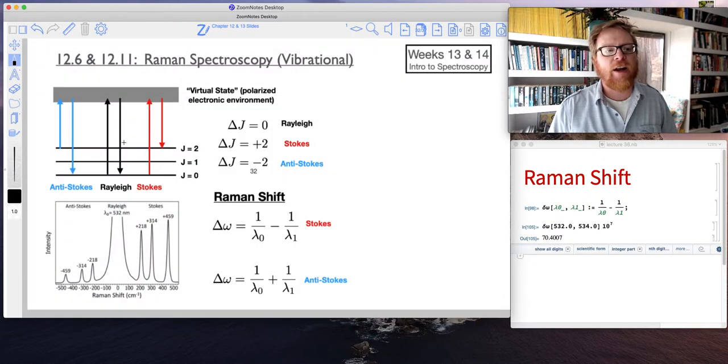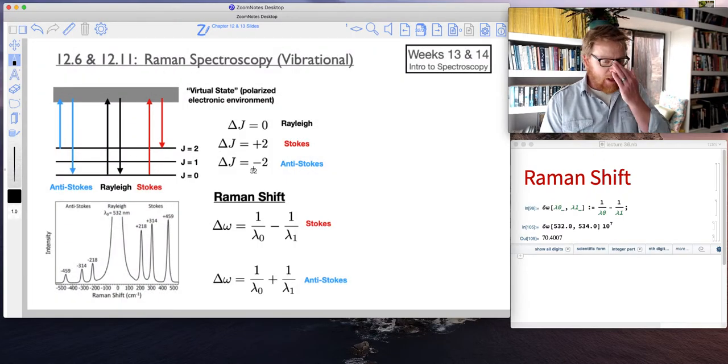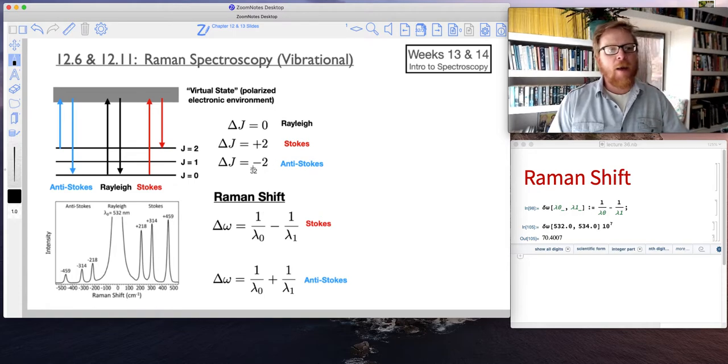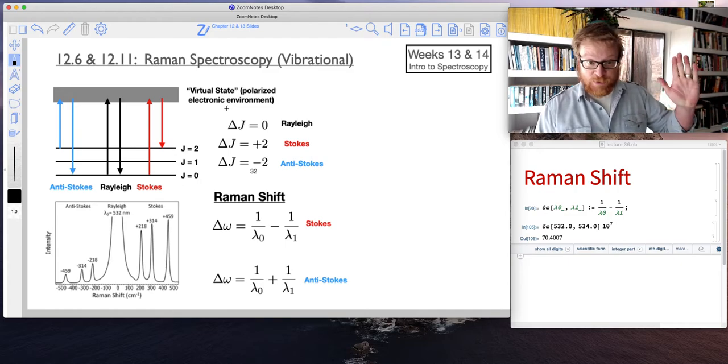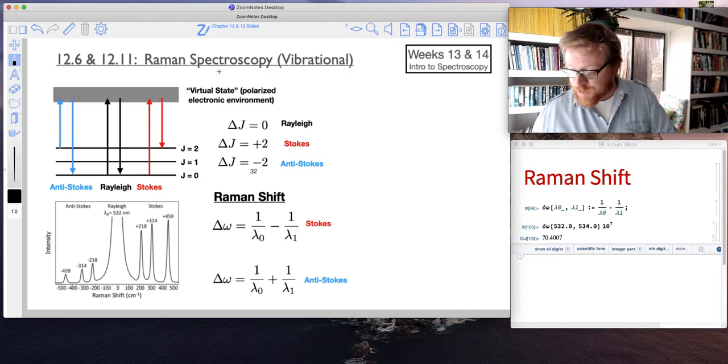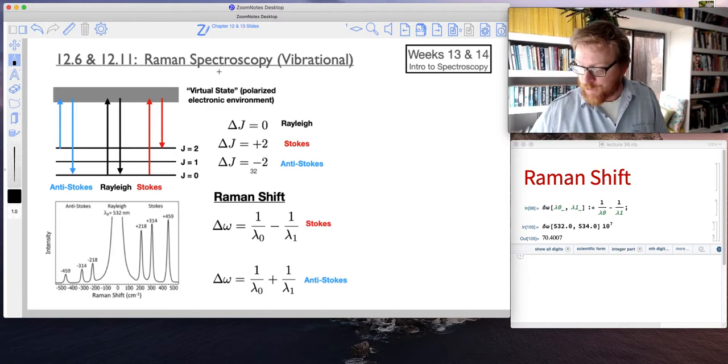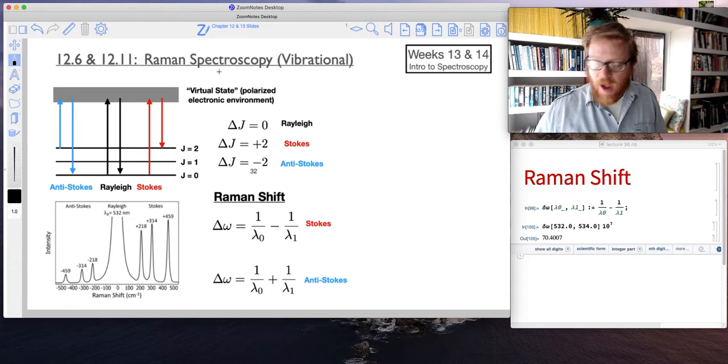So if we look at this on an energy level diagram, this becomes a little bit easier to understand. And so we draw this energy level diagram by noting that the light is being scattered off of a virtual state. So that virtual state is really like the polarized electronic environment, right? It's those distorted MOs that create what we call this virtual state. And so now the Rayleigh line is just simply